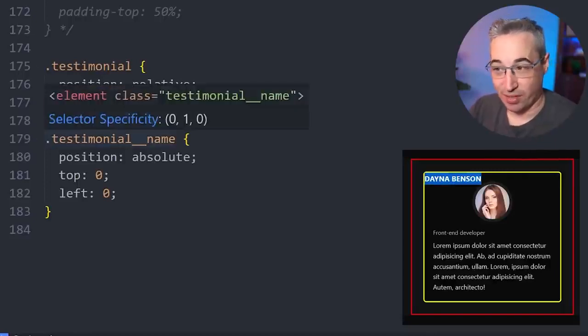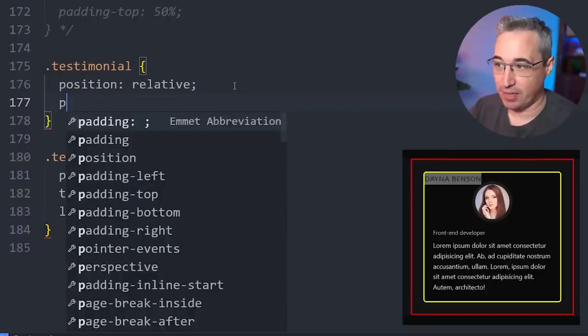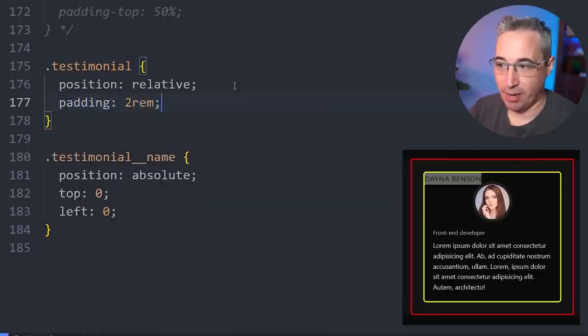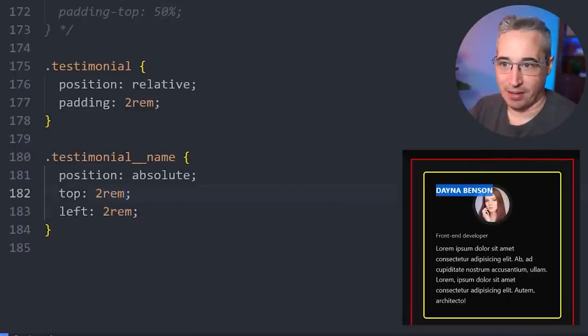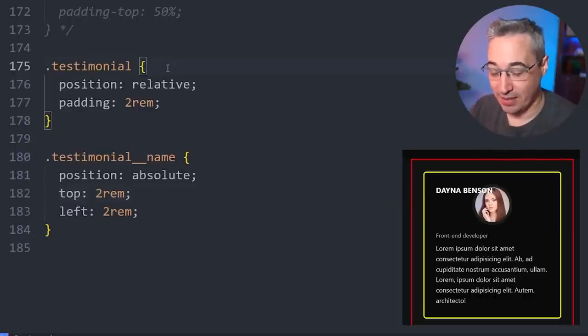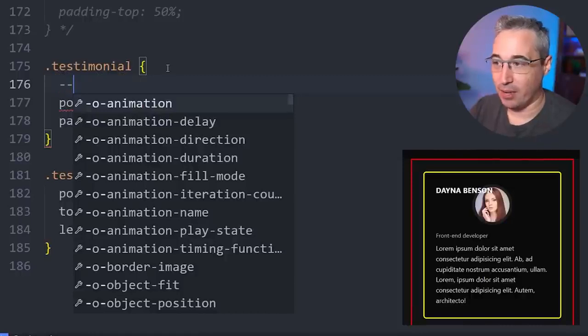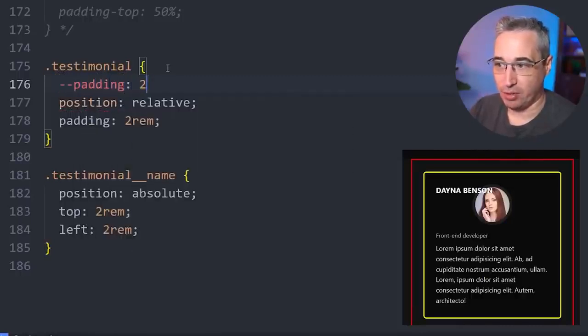One trick for dealing with this is if we give this, say, a padding of 2 rem, then you want your left here to be 2 rem and your top here to be 2 rem. That way everything falls more in line with the padding that you'd originally set up. And if that's the type of situation you want, this could be useful for my padding of 2 rem here,